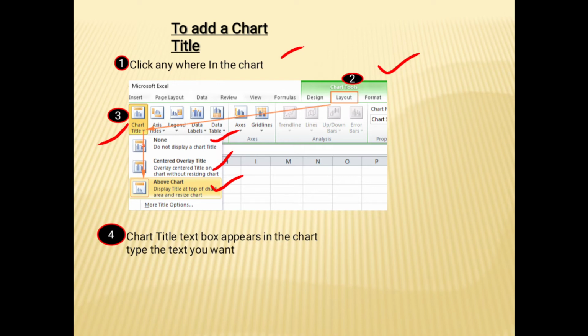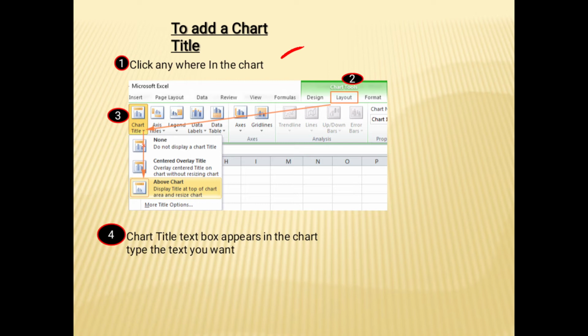If you want to add a title, you click centered overlay title or above chart. To remove a chart title, you click none. To add a chart title, you click anywhere in the chart, then click the layout tab.